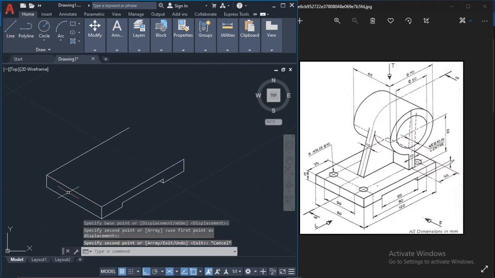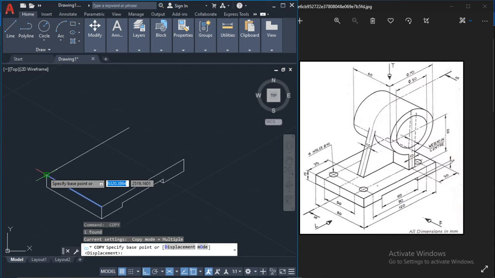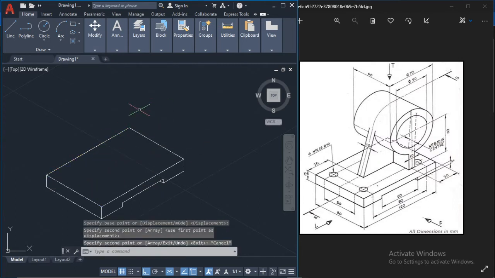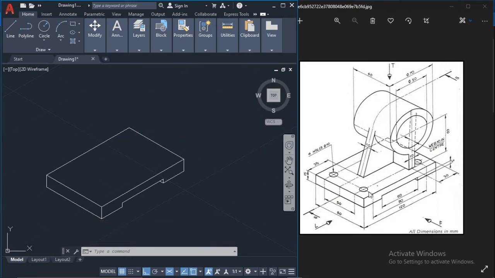And I can also just copy this from here to there. These parts are going to be trimmed when we're finished, but we can let them stay for now. Alright, so now we can draw our isometric circles here. So to find the center of the circles, it says that the center of the circle,